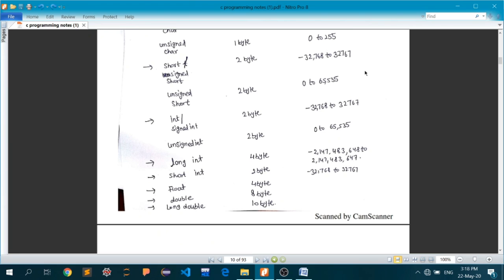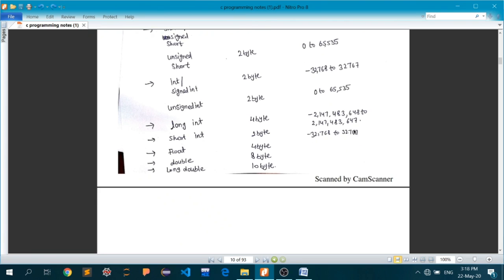And for unsigned, you can shift this range to the positive side of your scale, that is 0 to 65,535.